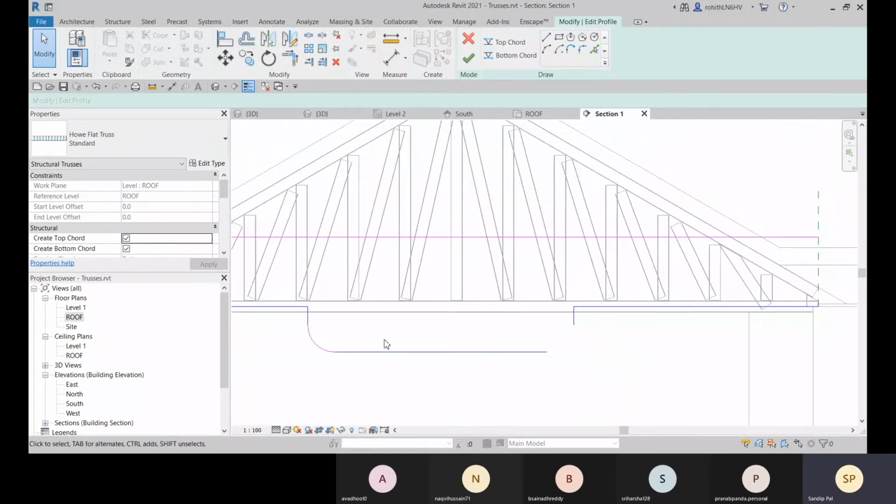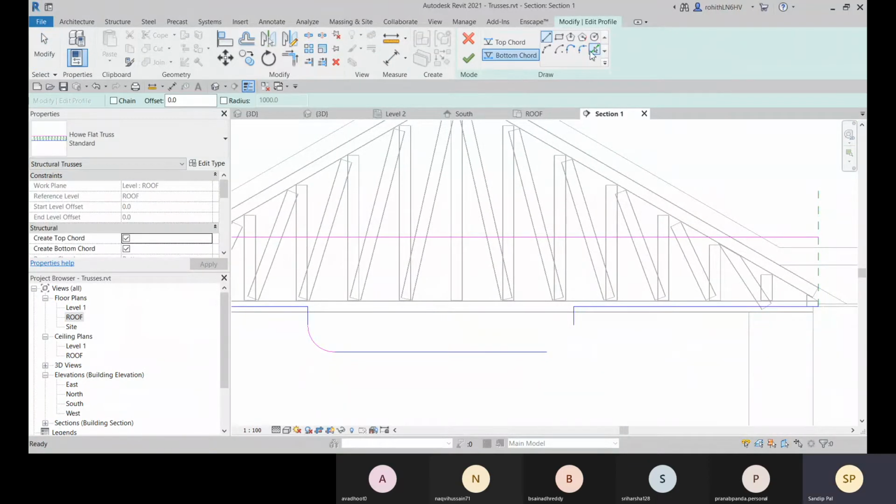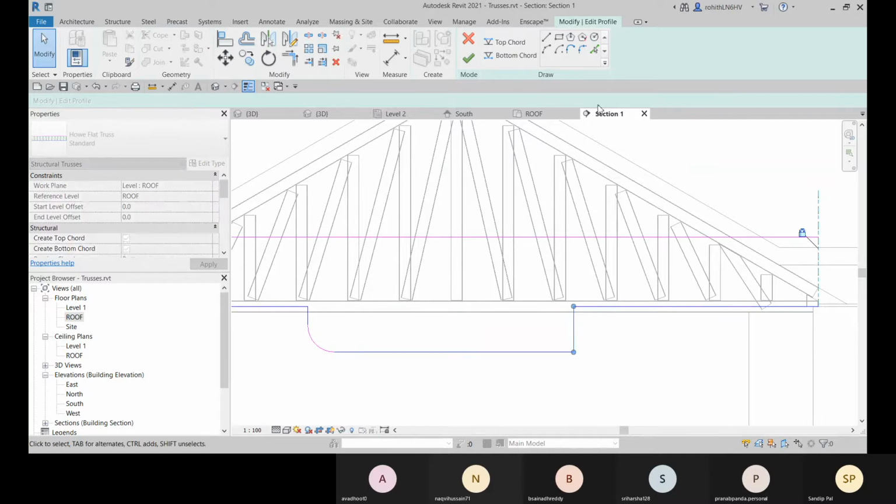I have done it by the bottom chord, right? I think I have missed the bottom chord, so I have to do it again. Let me select this bottom chord and then go for fillet arc.